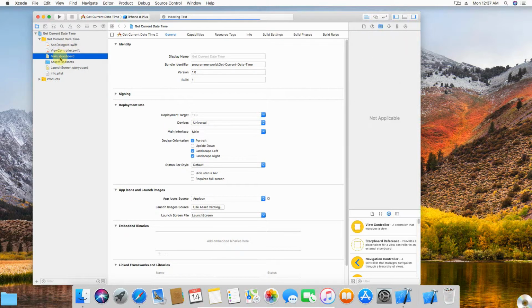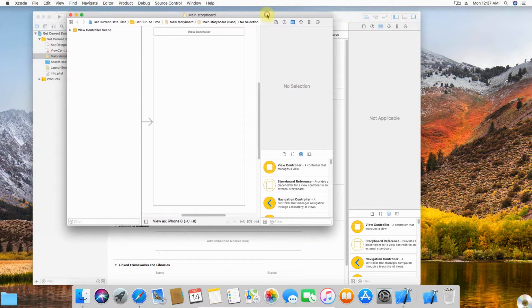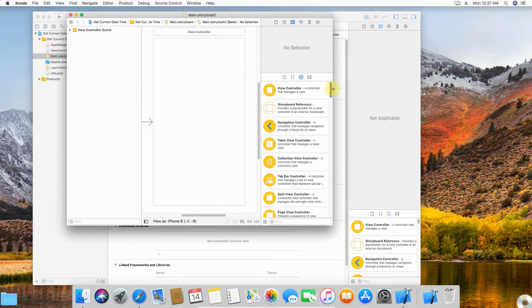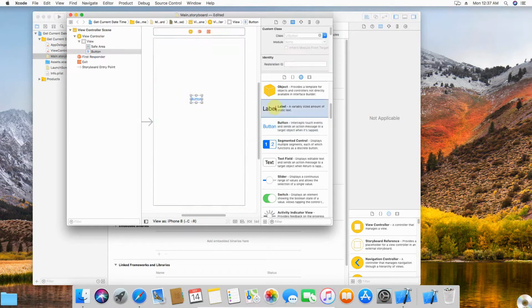Now, before I get into the code, first we will design a layout. The layout will be simple. In this we will put just one button which will initiate the event of getting the date, and one label which will be responsible for printing the date.